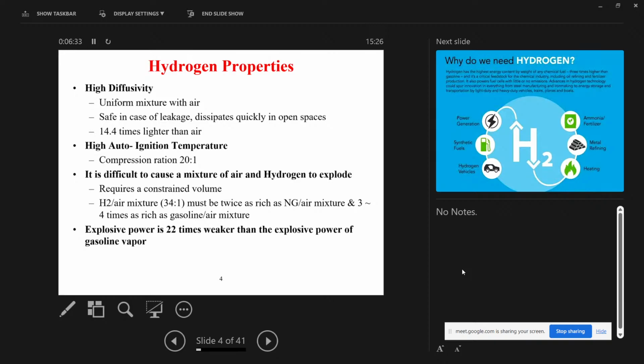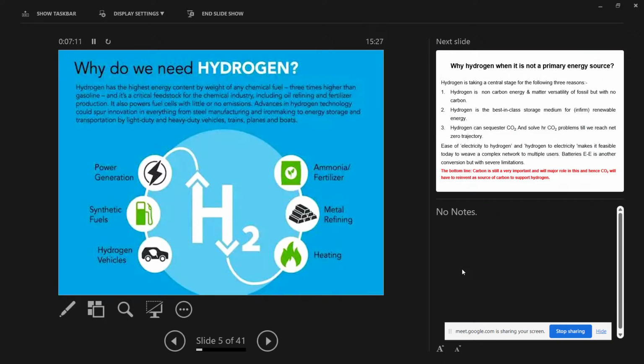We have different kinds of sources from which we can get hydrogen, but the condition is critical: how we can produce this hydrogen in such a way that we can utilize it. Hydrogen energy is the need of the market right now, the need of the country. But the problem is we have to do the technological development so we can efficiently get hydrogen from the various sources. Next slide, please.